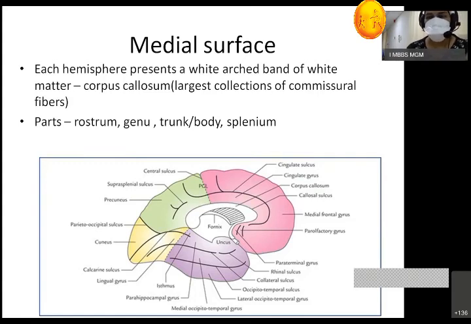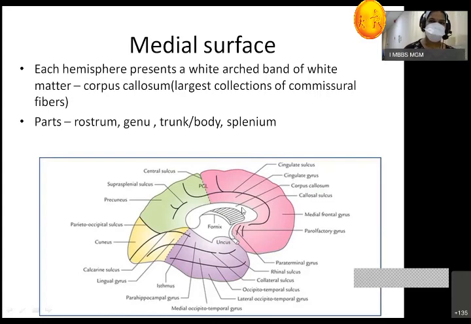Other fibers are association fibers, which are present in one hemisphere only. They do not go to the other half of the cerebral hemisphere. While projection fibers are coming from the cerebrum higher centers and going to the lower centers. That is, they might go to the brainstem or cerebellum or the spinal cord. Okay, so these are the three types of white fibers. In this corpus callosum, the genu is 4 centimeters behind the frontal pole, while the splenium is 6 centimeters in front of the occipital pole.